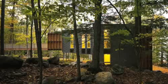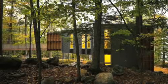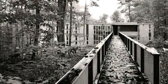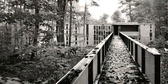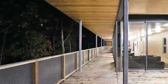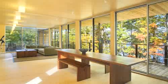So you enter by a bridge from the blind side. That is to say that the house presents itself essentially as a wall to the lake from the approach, and you enter it on the second level through a bridge through the forest. That removes you from the moment you get out of your car to the moment you land in the house. It removes you from the forest floor, and then you arrive in the public spaces,